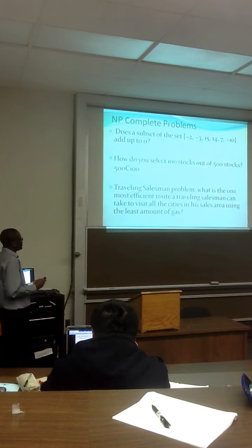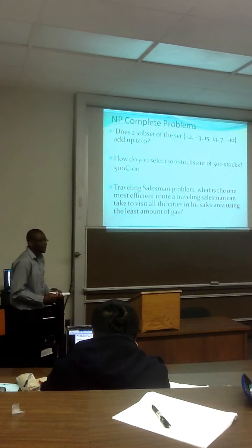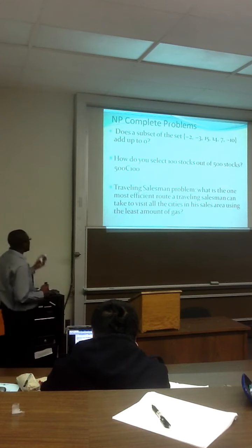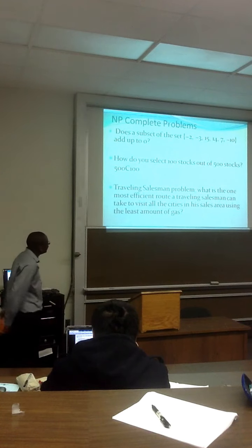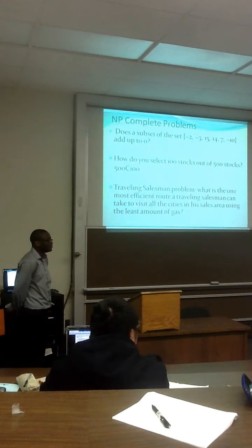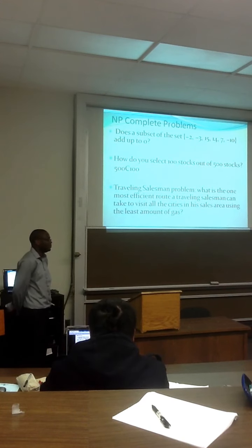Another problem which is more related to finance and what we're doing is how you select 100 stocks out of 500 stocks. Like 500 choose 100. Probably a gazillion. And another very common problem in business and finance, this one here is actually very relevant to MSFE. Most people pick 40 stocks out of 5,000, right? No finance text teaches you how to do that. It's NP complete. I'll just send you an article by Neyman in Cow, 2000, which will prove that it's NP complete. It's a very hard article, so don't